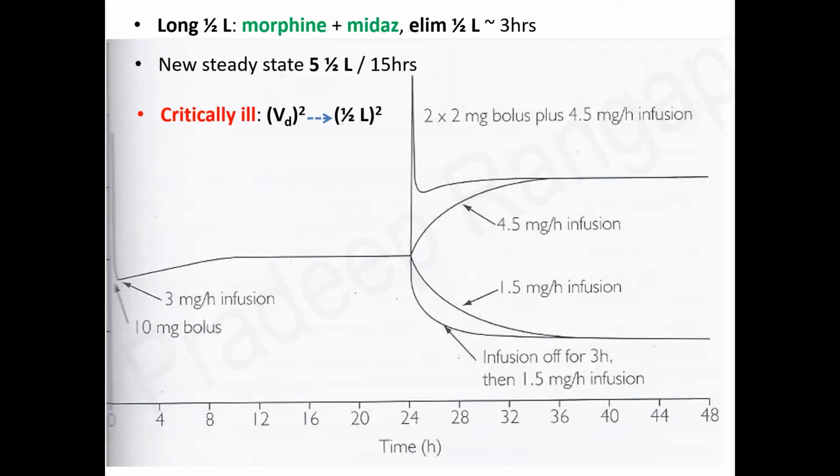I'm sure you can look at my video of drug dosing in critical care. In critically ill patients, the volume of distribution is very large, which means the half-life of the drug also increases. It almost doubles in these patients. That's why these analgesics or sedatives act for a much longer time in critically ill patients. And the total body clearance also is sort of half. So these are some of the things that we need to bear in mind when we are using these opioids